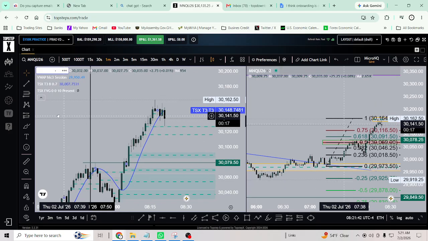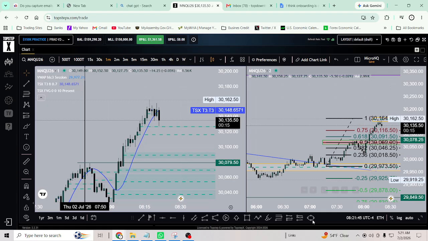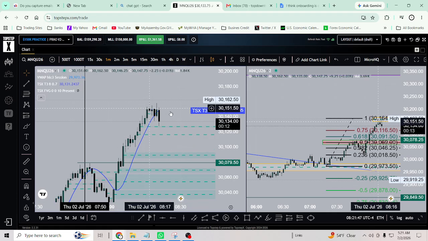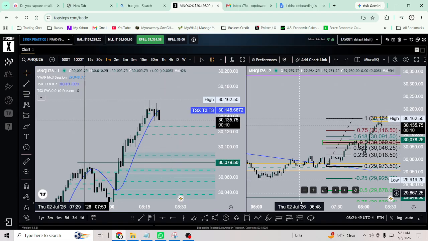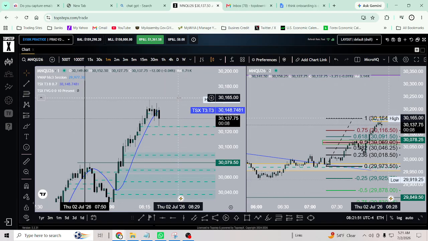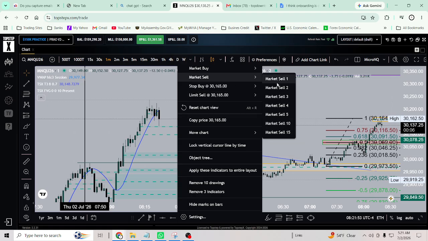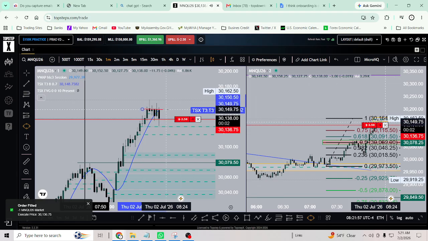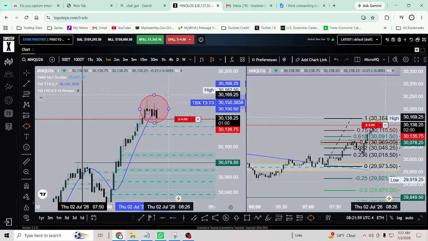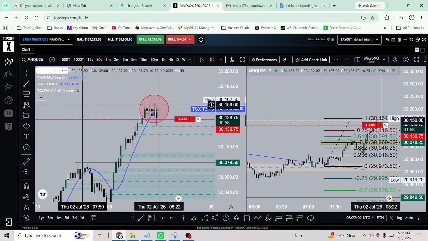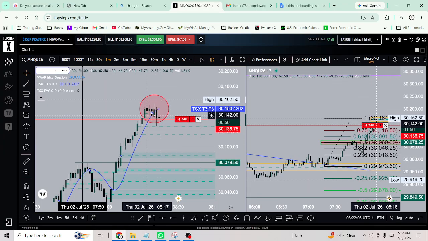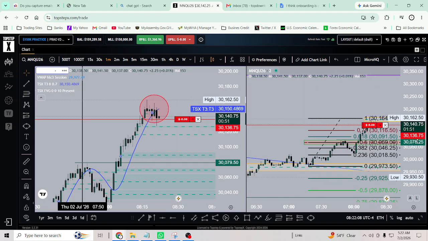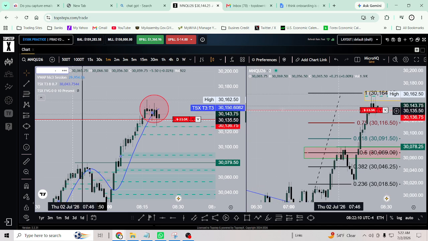Okay, so on this 1 minute chart, I am going to annotate this here. I'm going to take a sell here. I'm going to take a sell here. Somebody might ask me, why are you going to take a sell there? Because of this cluster, this range in price. It could extend further to the upside,